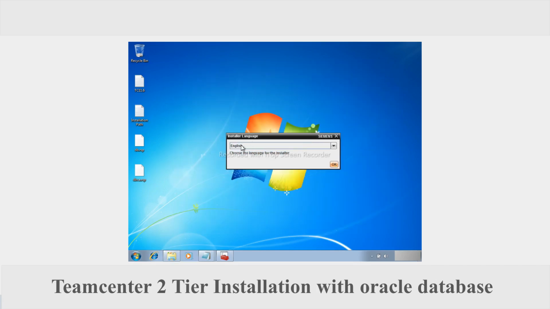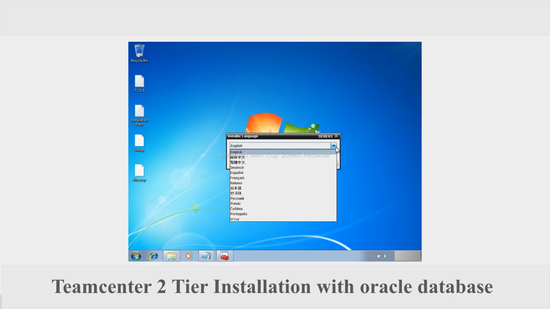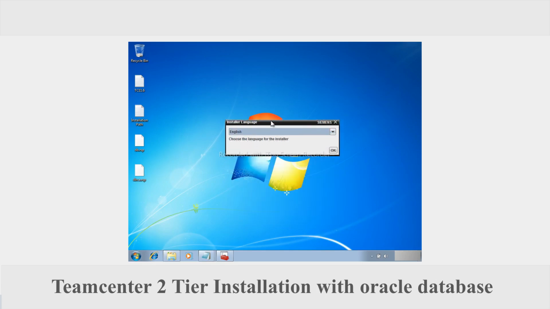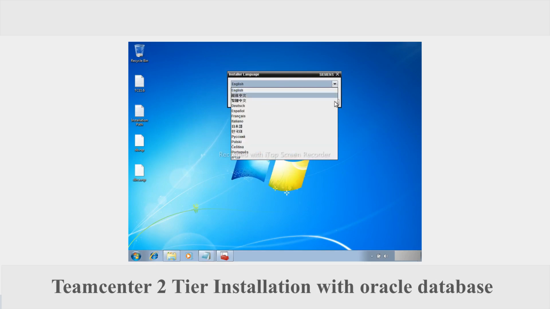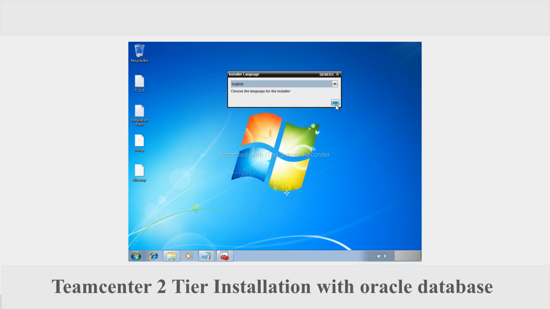Okay, so it's asking for a language. Simply we are going to select the English language for this one. Installer language. You can install in multiple languages, which are available here. I'm selecting English only. Simply click on OK. Now